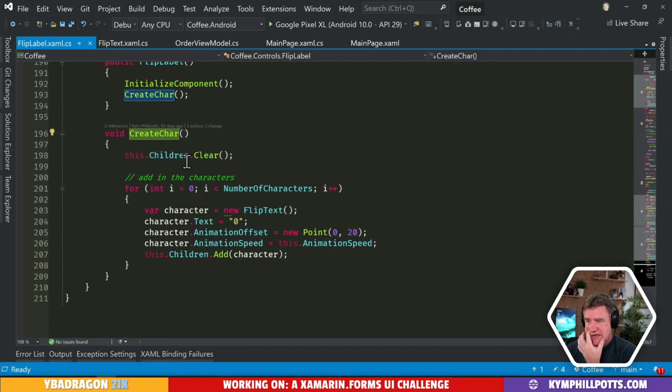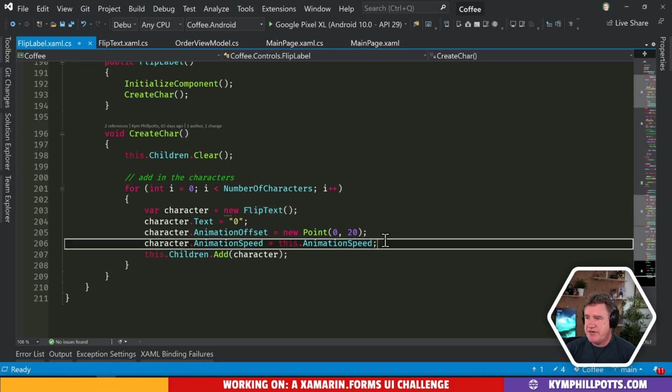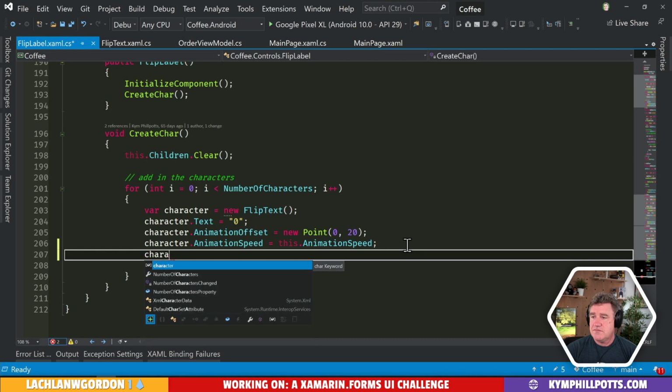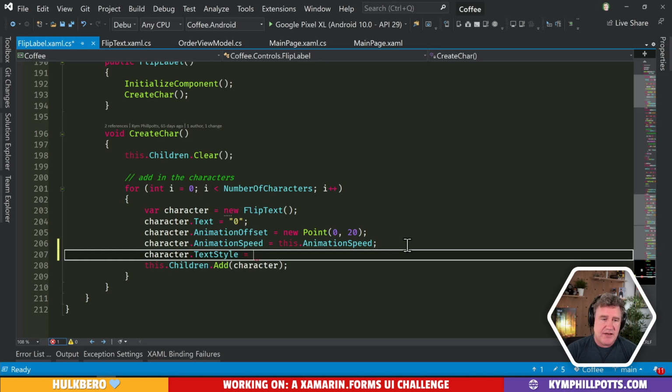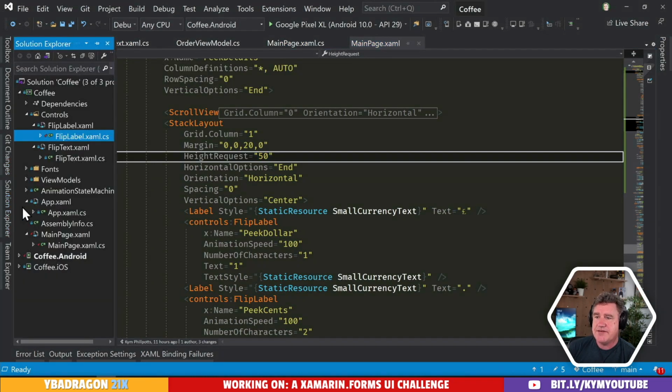So what this does is it goes through, works out the number of characters, creates the various elements, sets the text to 0, does some yada, yada, yada, adds it in. But what it never does is set the style. So there's a text style property. Something like that. Beautiful. And we actually need to change the style anyway because it's wrong. It's appearing dark and it should appear light. So let's